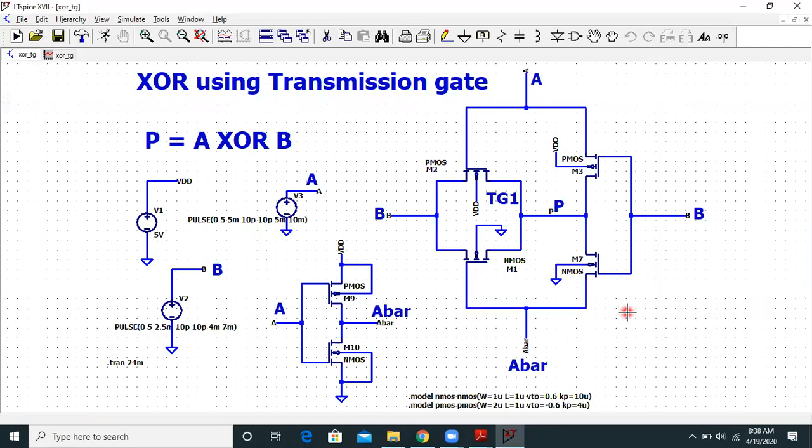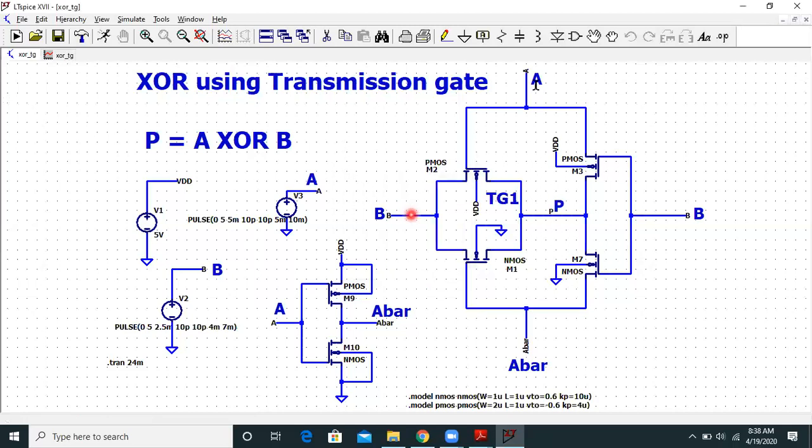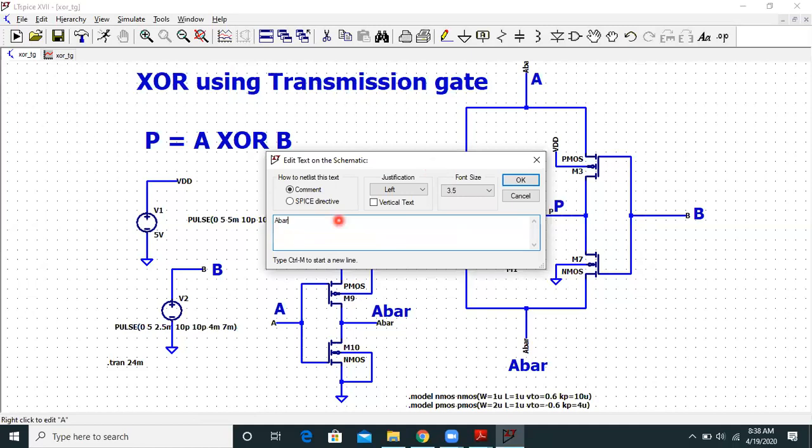Now let us do one more thing. What we will do is, we will try to interchange A and A bar. So here we have A. Let me make it A bar. So this becomes your A bar.